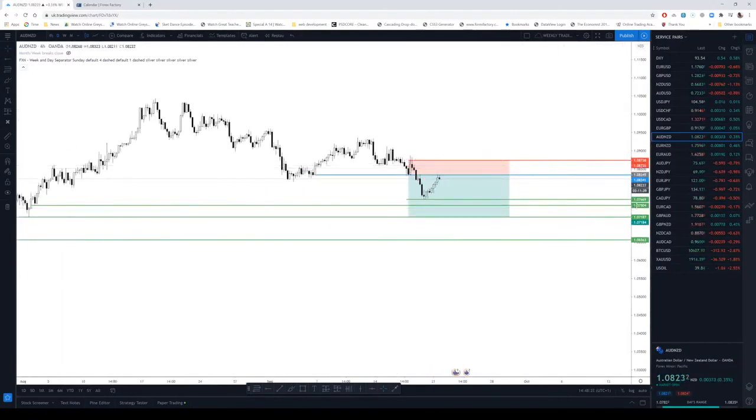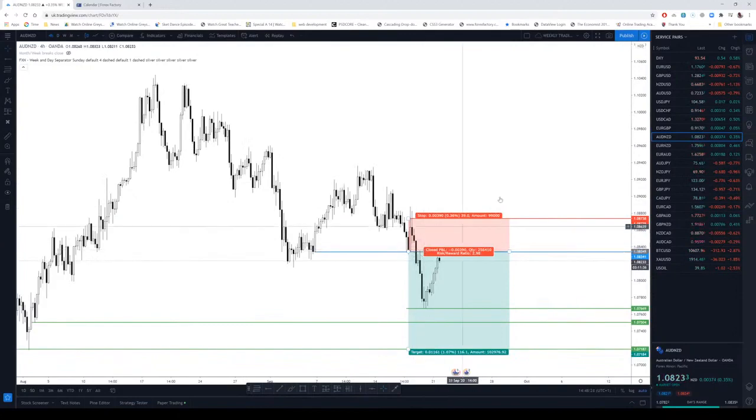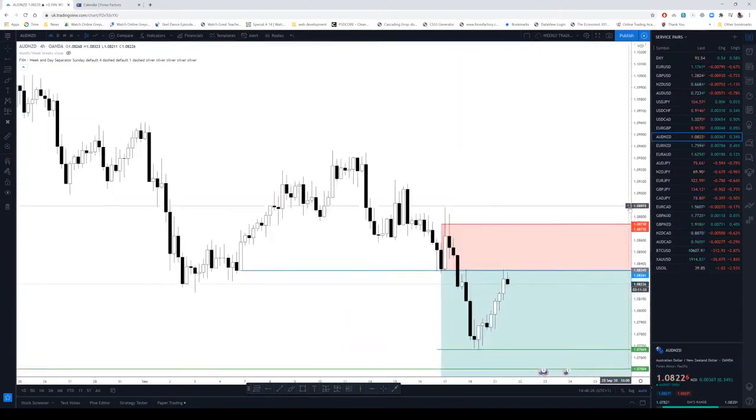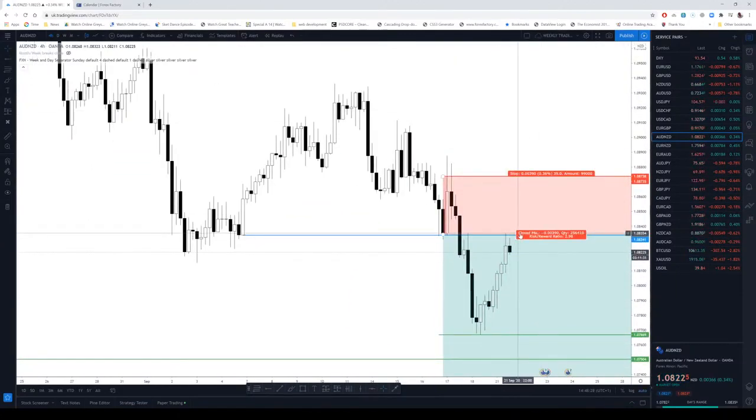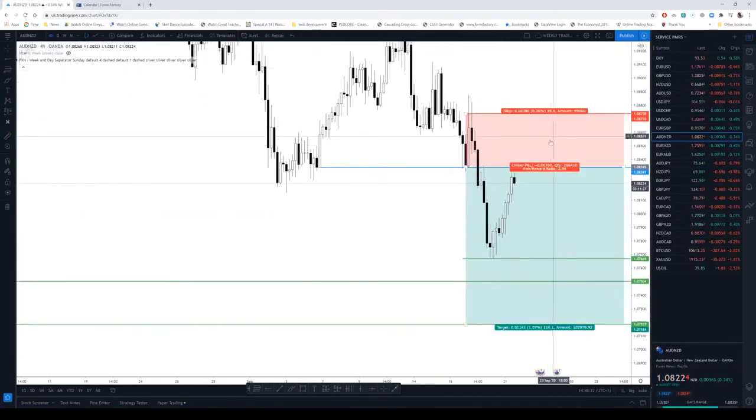So that's a nice area. Low run above that high. Yeah. Okay, and that will be